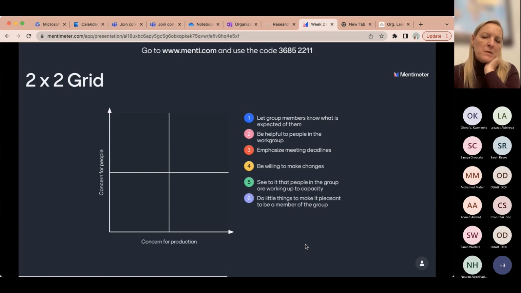Okay, so tell me what you see on your screen right now, not on my screen. Yes, for example, the first question, let group members know what is expected of them. Then he is asking me to rate the concern for production and concern for people for this variable. So you'll choose which you believe it falls closer to. Does it fall, when we're letting group members know what's expected of them, do you think that leans more towards, as a leader, having a concern for people, or as a leader having a concern for production?